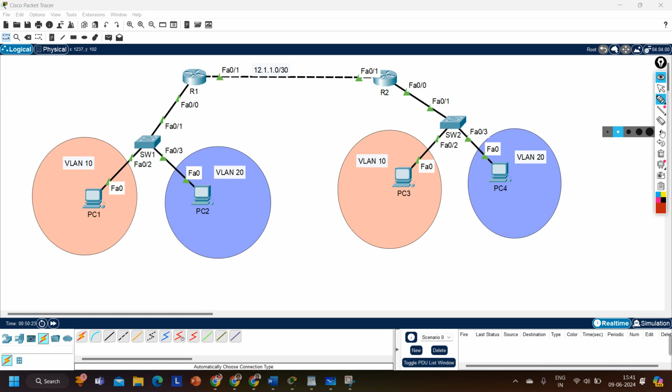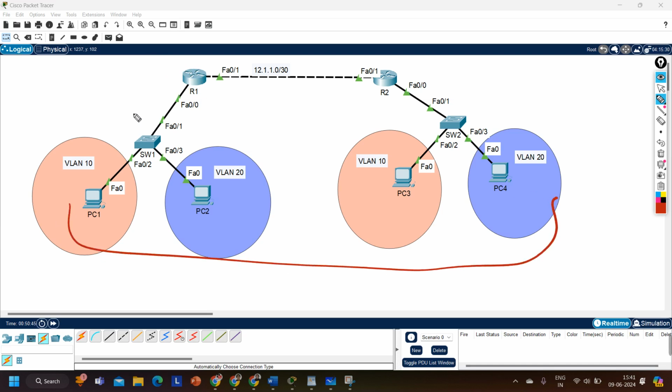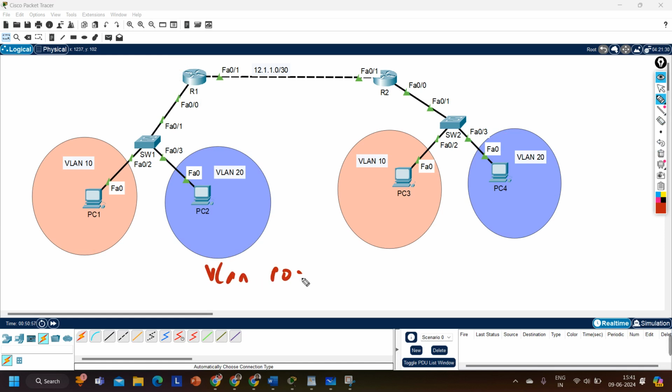Let's understand the issue you will face while configuring this topology. We need to set up DHCP on router number 1, so that these PCs can get an IP address from the DHCP server. So we are going to enable DHCP on router number 1. But before that, you have to decide the subnet. What subnet you are going to use for VLAN 10 and what subnet you are going to use for VLAN 20. So let's say for VLAN 10, I'm going to use subnet